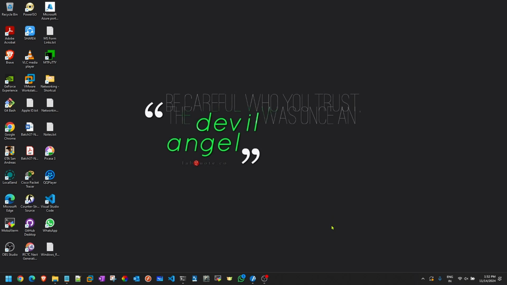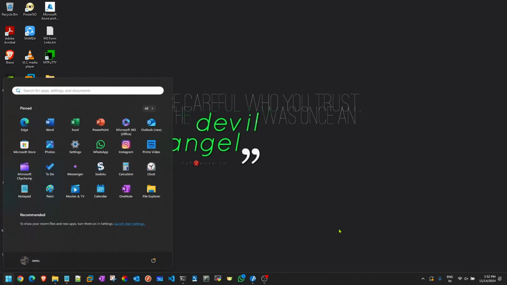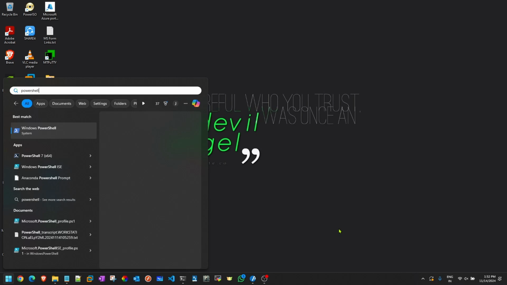Now let's start with PowerShell, but this time I'll be using PowerShell ISE in order to work with whatever we have done till now. We'll now be working on ISE. There are two methods to work with ISE. One is press Windows and then type PowerShell, and somewhere you'll find something called ISE written. I can click on it and PowerShell ISE will pop up.